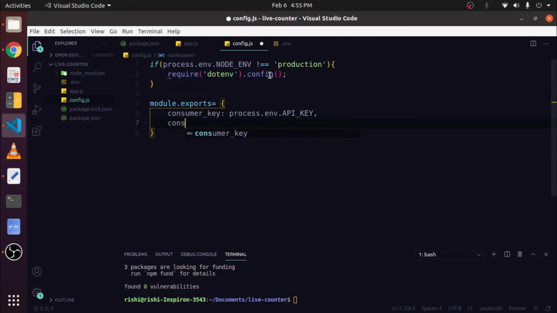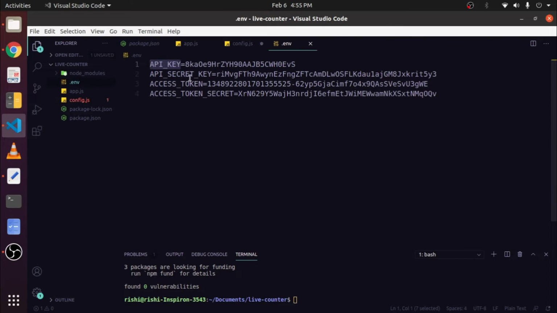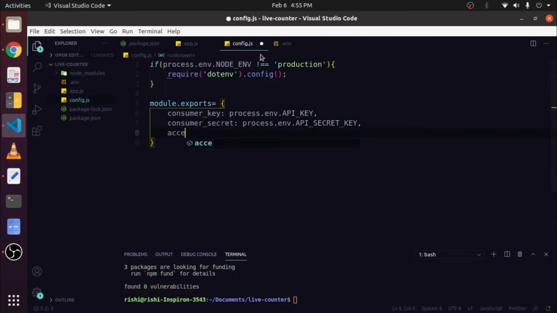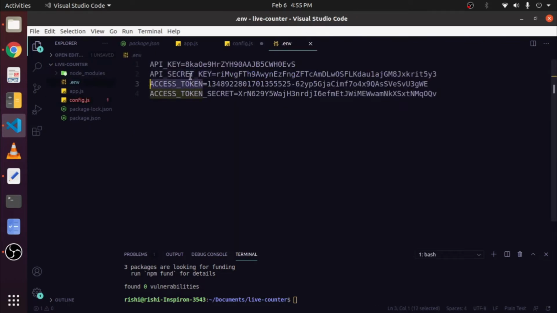And second key is consumer_secret and make it equal to process.env.API_SECRET_KEY. And third key is access_token and make it equal to process.env.ACCESS_TOKEN.